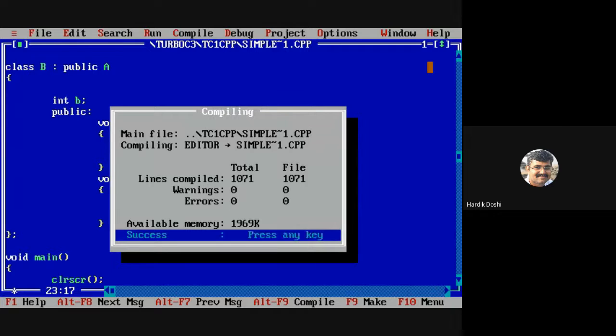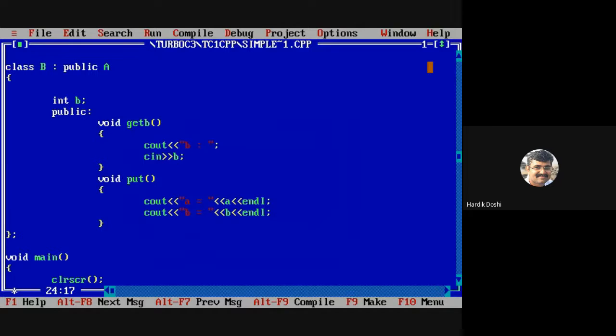Okay, hold. What you are saying is absolutely correct. Class C inherits which class? B, and B publicly or privately? Public B. Okay, perfect, an absolutely perfect example. This is what you want to say? Okay, see it level by level. We go level by level.